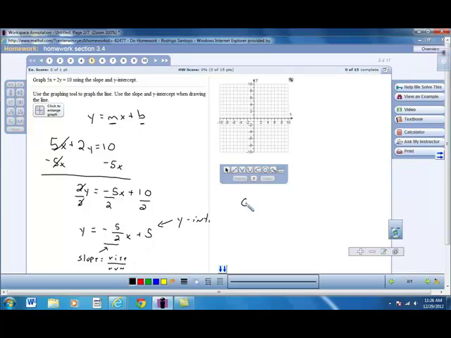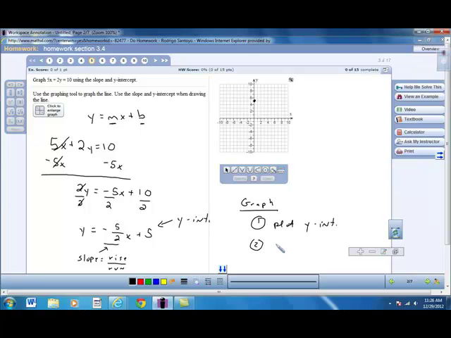So to graph, you first plot your y-intercept, which here we see is 5. We go up 1, 2, 3, 4, 5. That's your first point here. And second,